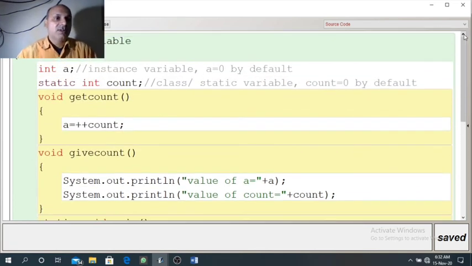As I have told you, count is a static variable, so all the objects will share the same value of count. When we are calling get count through the second object ob2, now again this block will run, plus plus count. The previous value of count was 1. Since it is shared by all the objects, for object 1 it was 1, but this time we are calling get count through object 2. So count will update, count will become 2,